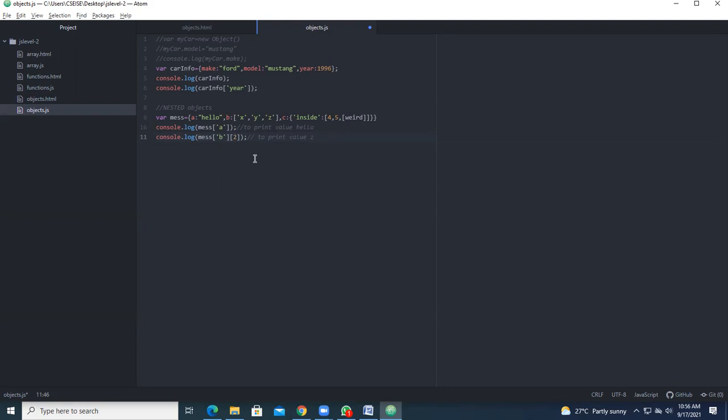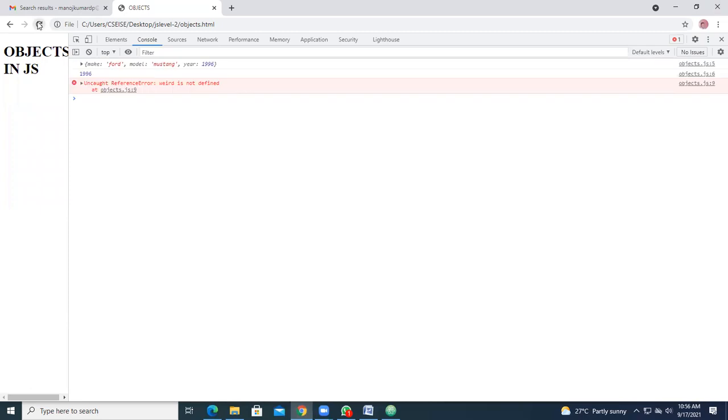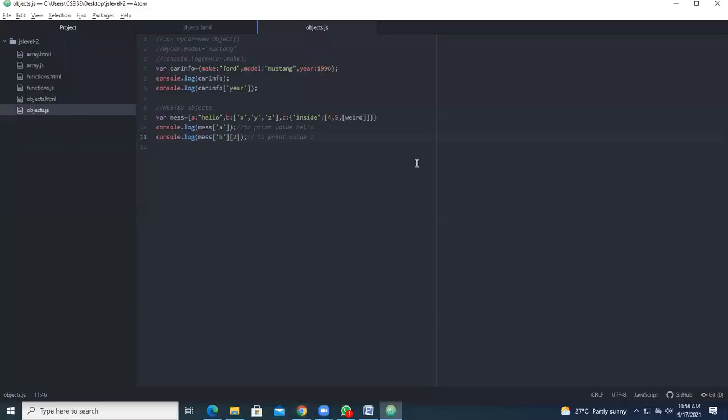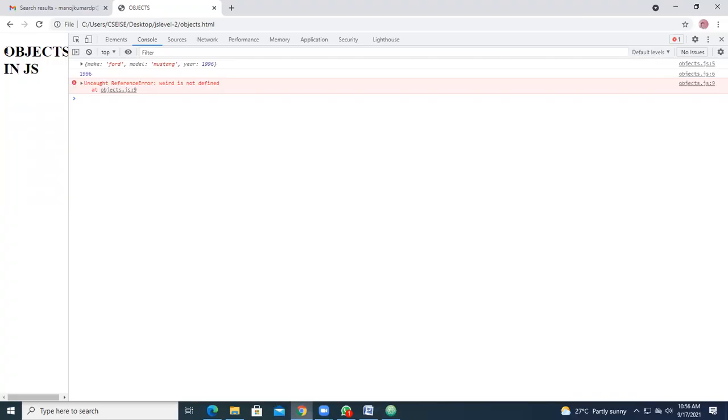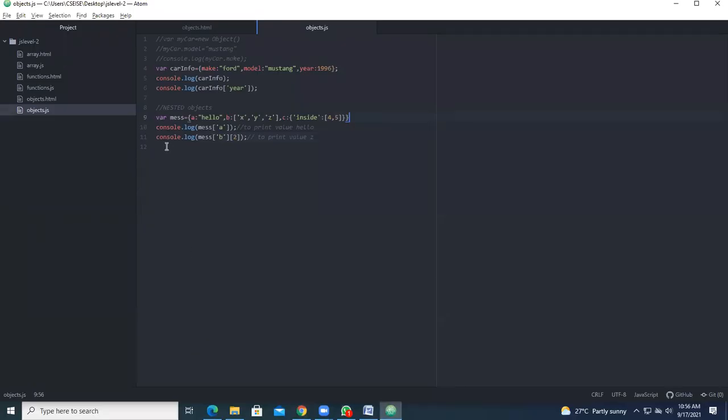Now let's go and see what outputs you are going to have. So refresh the browser. So here you can see you are getting hello, and here you are getting Z. Those are the two things we have gone with using console.log, or you can go with the alert option also.